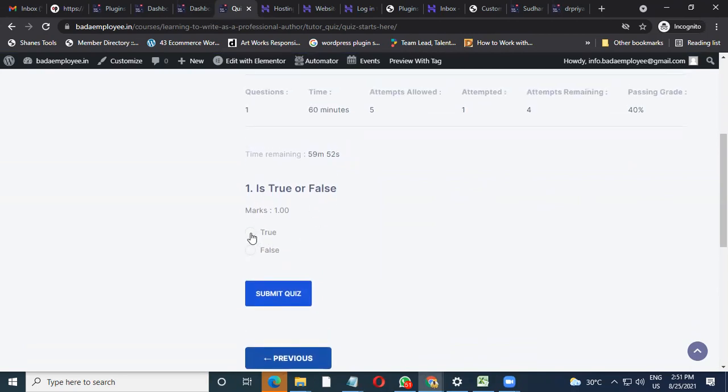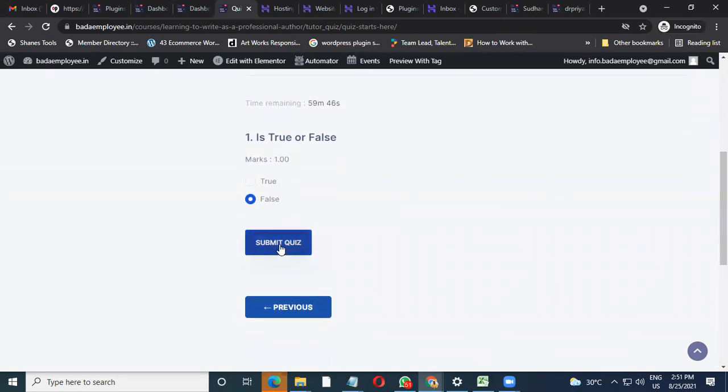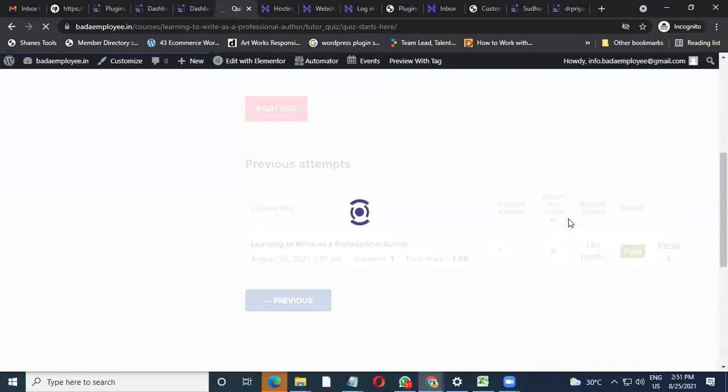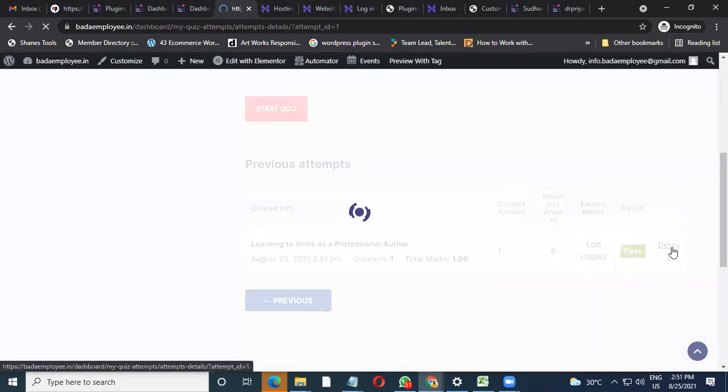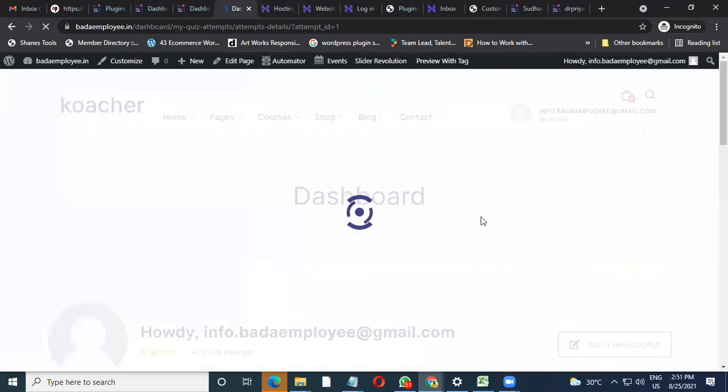And say, for example, we have selected true as a right answer and false as a wrong answer. I'll select false and see whether the system understands it or not. So once I submit the quiz, it will immediately show me the results also, as soon as I have created. Now here something has gone wrong. So if I have correct answer, incorrect answer, and we can check it out in the detail also. I don't remember what I put up, but yeah, it will be able to show.